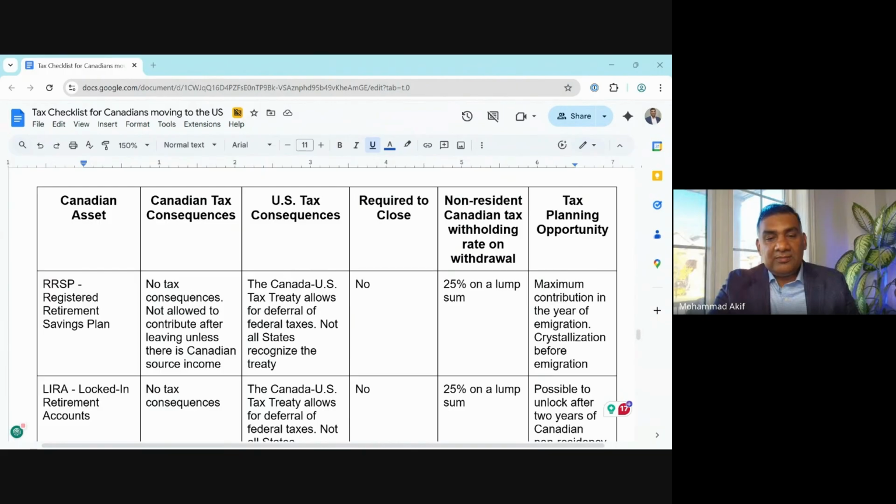Just Canada Tax Treaty, not required to close. Of course, you cannot close. It's a locked-in account. You can unlock it after 2 years. Once you have become a non-resident for 2 years, then of course you can take the money out. Again, the tax planning is, unlocked after 2 years of being a non-resident of Canada. So let's move to